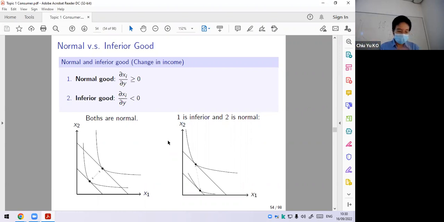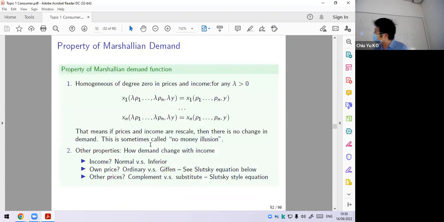Okay. Let me quickly finish the rest, because the rest will be more like a listing of results rather than something we are going to derive. So we just go over them quickly; it shouldn't be an issue. As we said before the break, the Marshallian demand function actually is